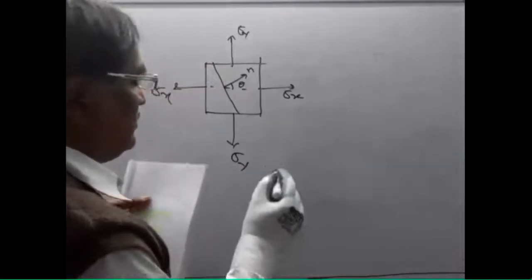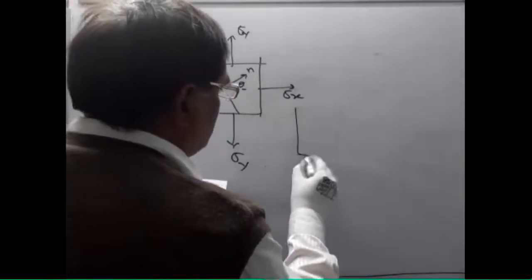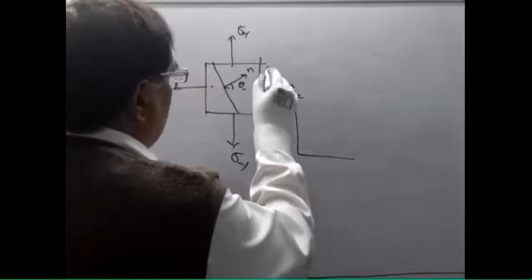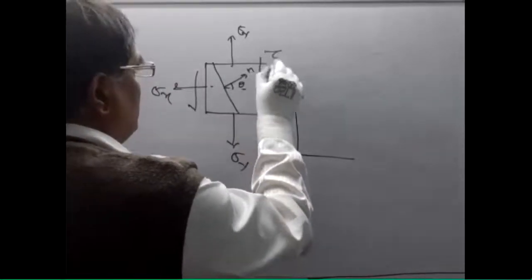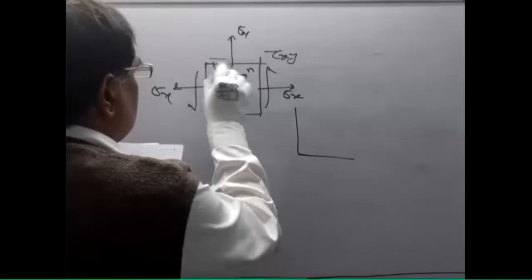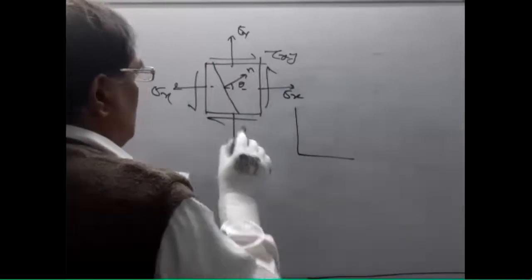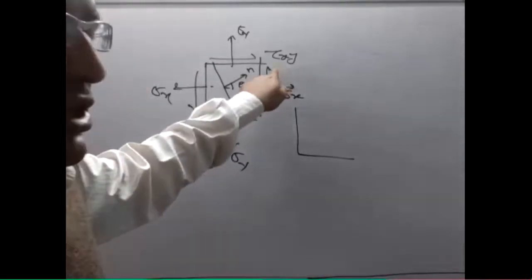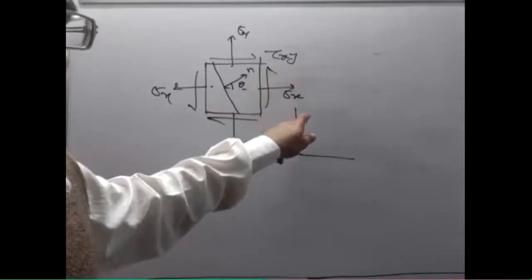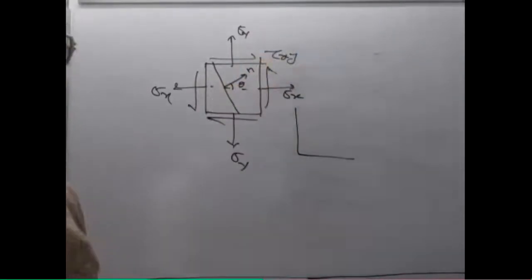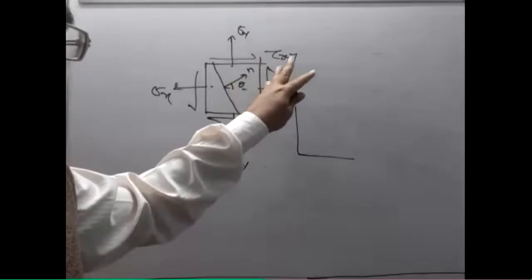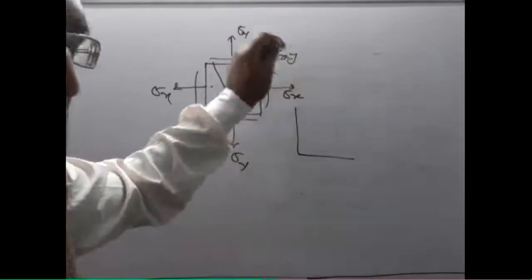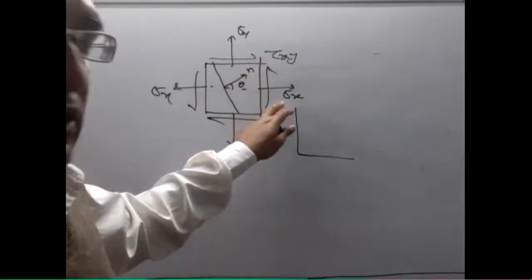So how do you find that? Here you have been given the shear stress also, tau xy. Remember, had this shear stress tau xy not been given, then obviously this sigma x and sigma y would have been the principal stresses. That's why it is called the general stress: not only the normal stress is given, the shear stress is given. And the opposite is also correct.